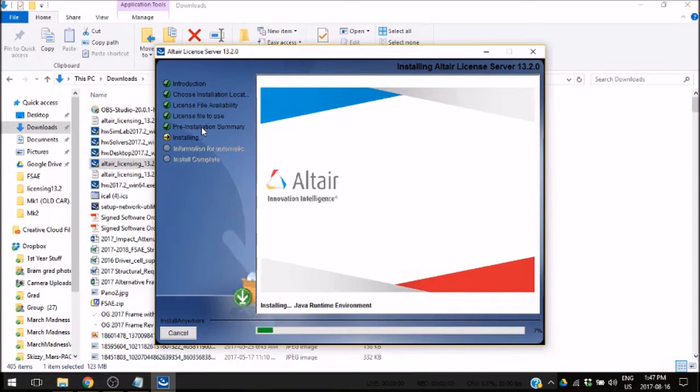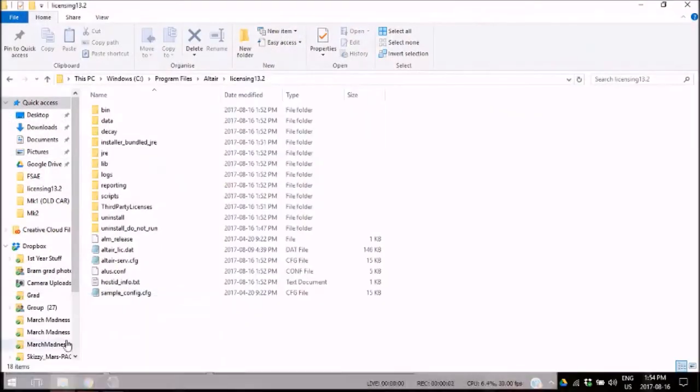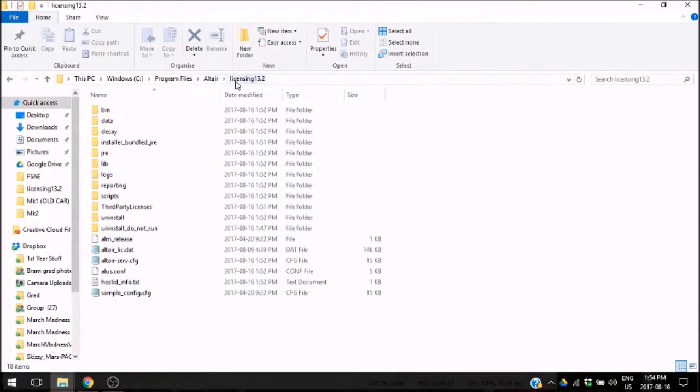Now it will begin installing. It could take a minute. And I'm going to cut now and wait till it installs. Okay, so now that you've managed to accomplish that, you should have a